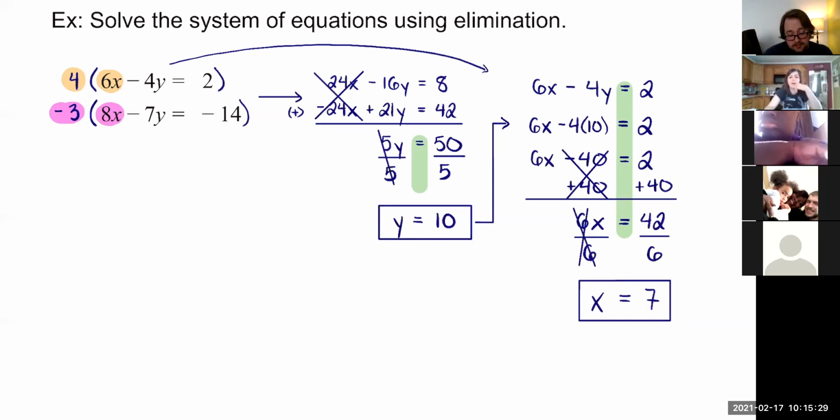Good. And you should, because this top equation, the 24x minus 16y equals 8, is the exact same as the one we started with, just grown by a factor of 4. You should still get the same result there. So as you already pointed out though, Tiara, these numbers are significantly smaller, which means if I didn't have a calculator handy, maybe I could do it a little bit faster, but they should in fact give you the same